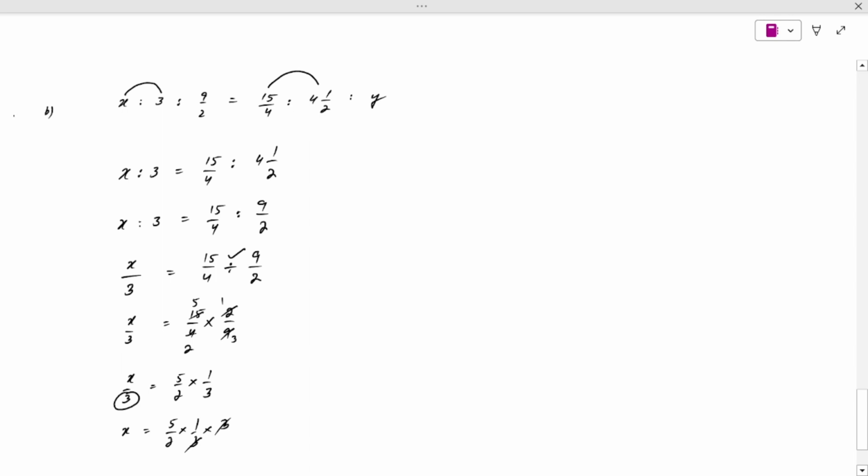So 3 and 3 can cancel each other and the value of x is 5 over 2. This is the value of x. You can convert it into a mixed fraction by dividing. So this becomes the answer. And now for the value of y,